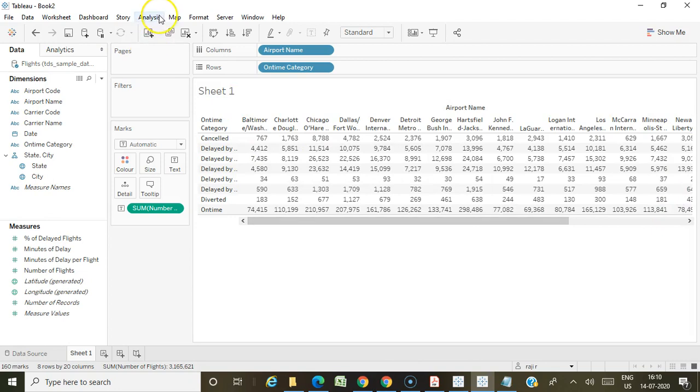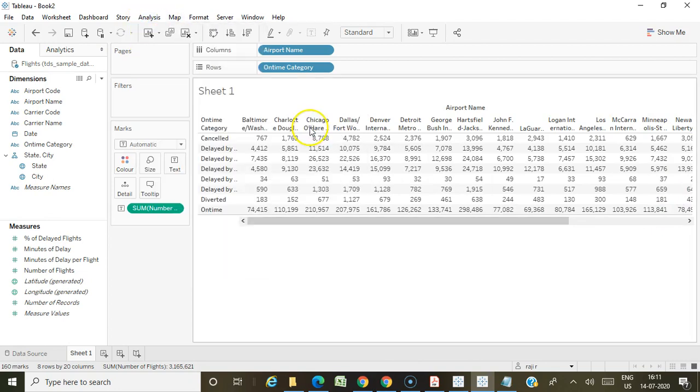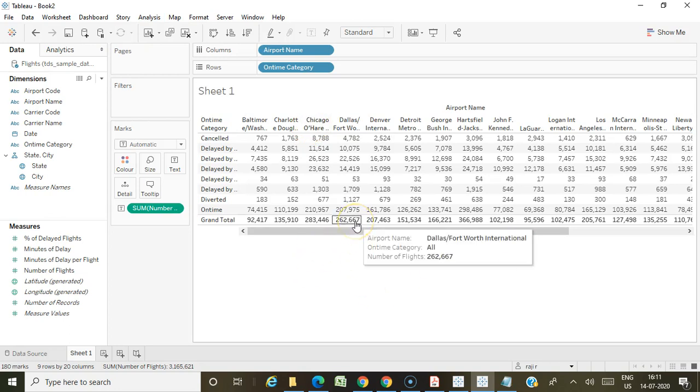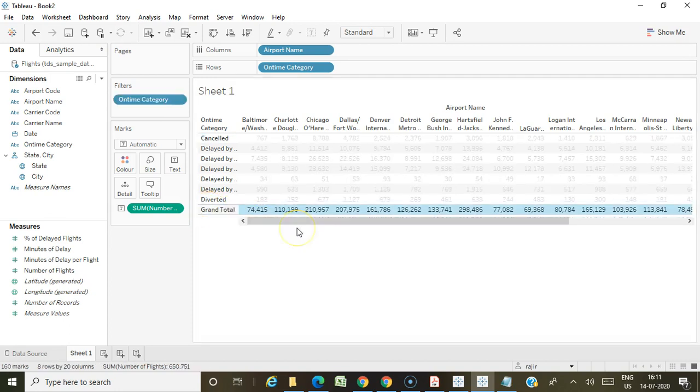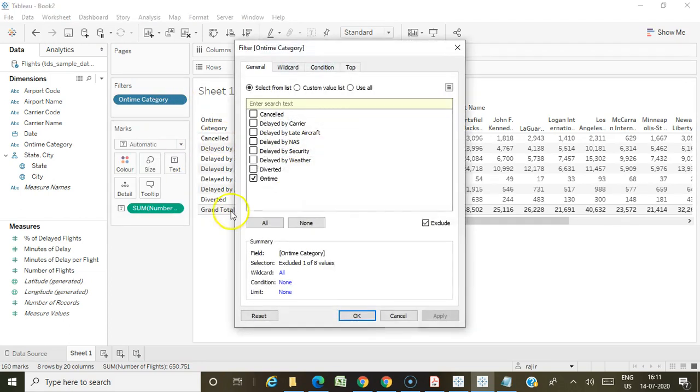Now we have created the crosstab. They asked us to create the grand total, the column level grand total, and to exclude on time. To exclude this value, just click here and choose exclude. You can see on time is being excluded.